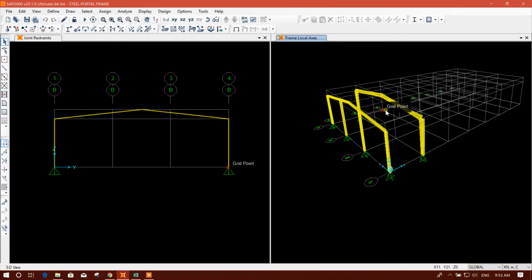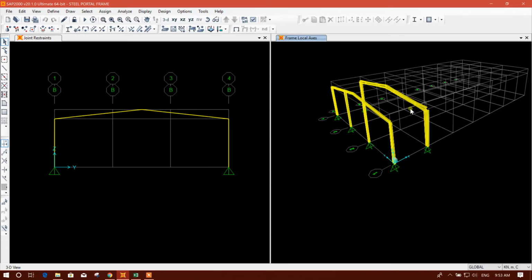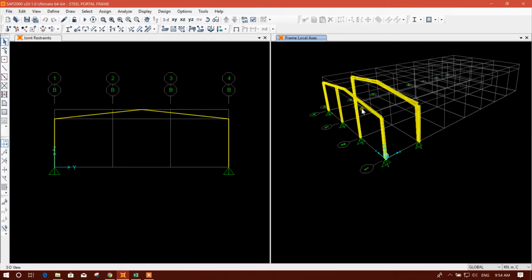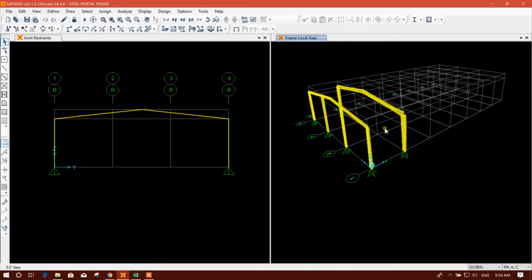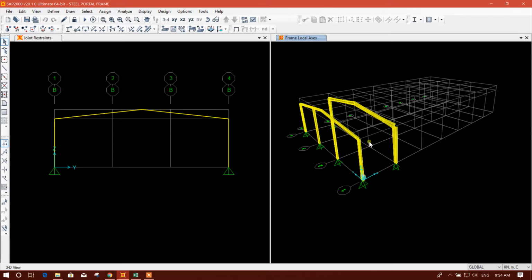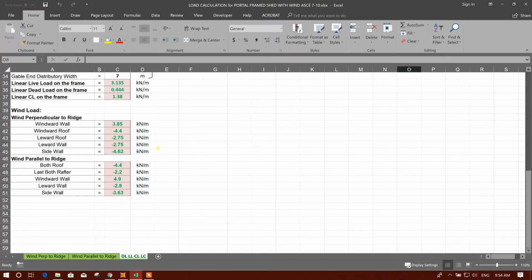frames according to the wind load direction, how it is affecting the frames, and the resultant load direction will be the factor during the load application. So let's start. I will try my best to explain the wind load effect on these frames. Now let's first come to